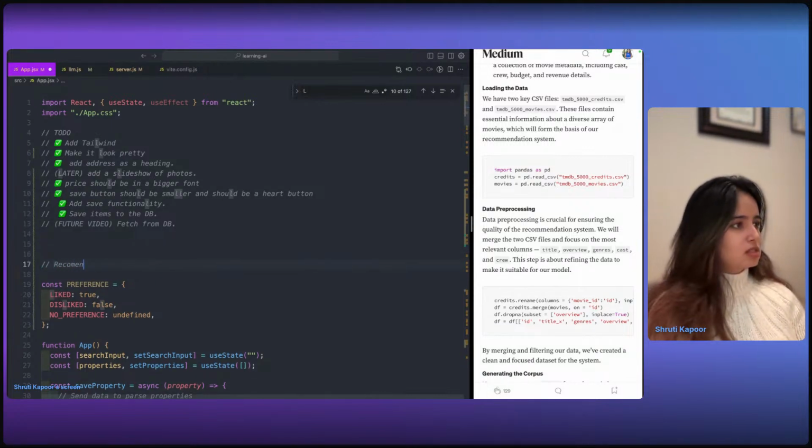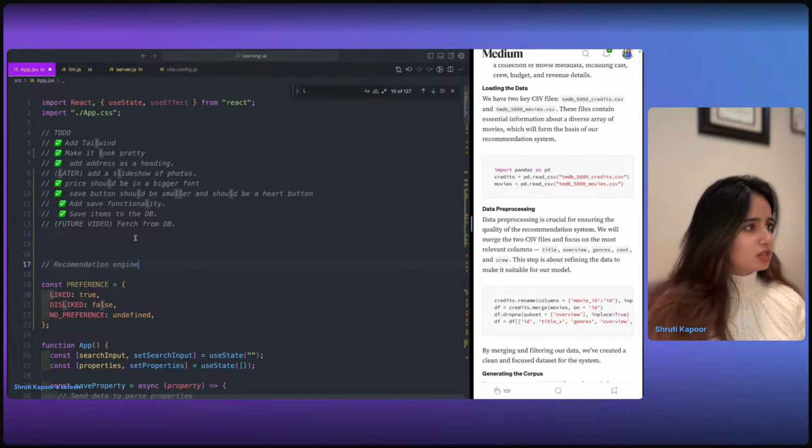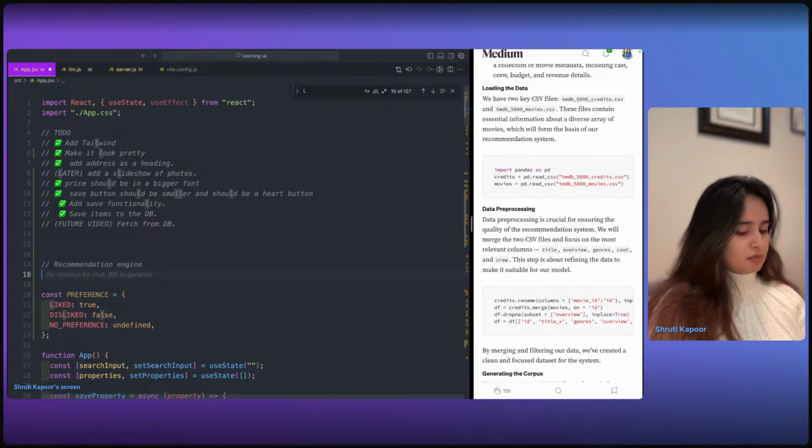So I'm going to create this here, recommendation engine. Step one, create a dataset.